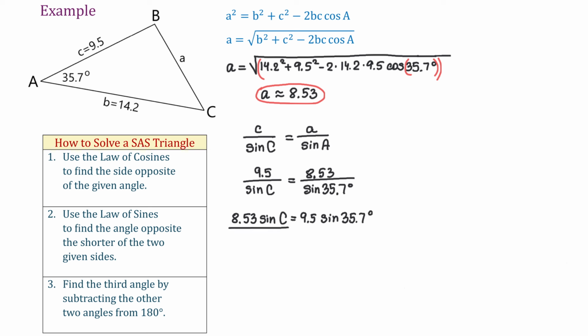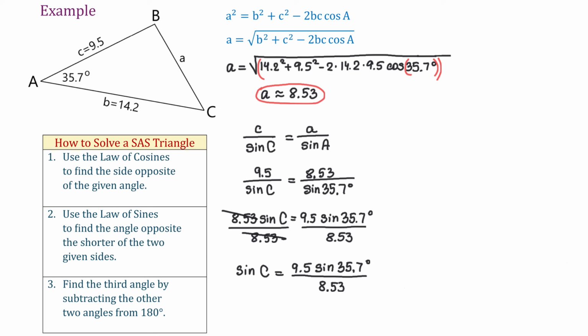Next, we will divide both sides by 8.53. Then sine of C equals 9.5 sine of 35.7 degrees over